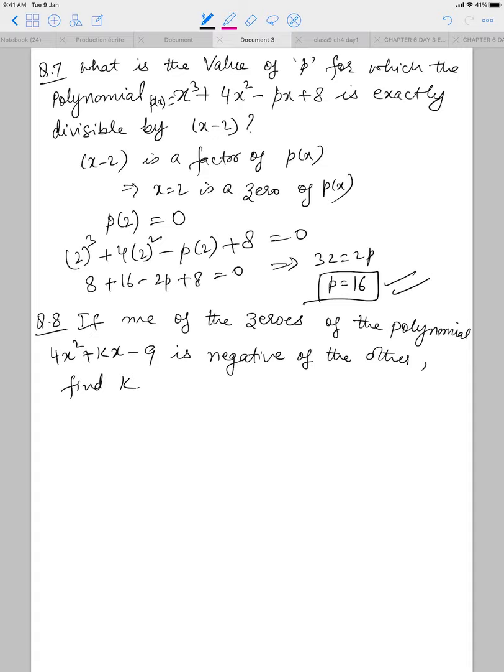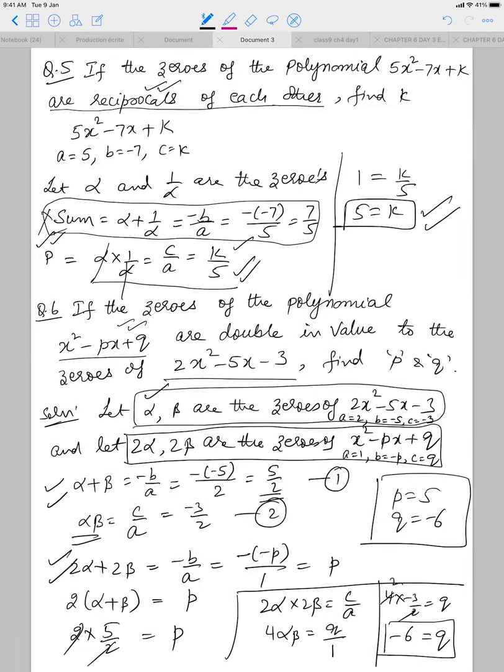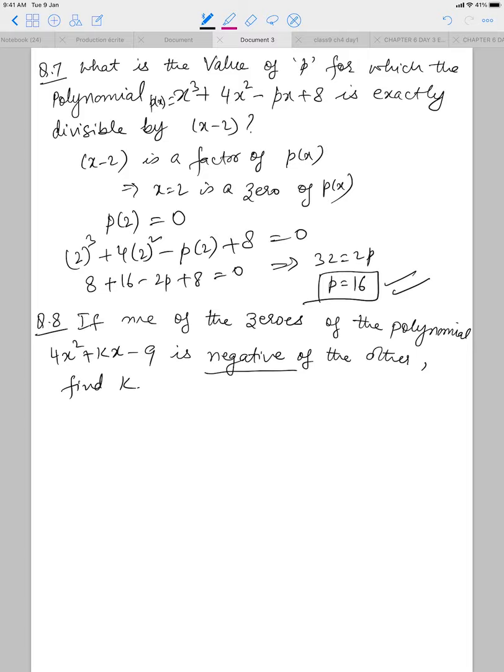Question number 8. If one of the zeros of the polynomial is negative of the other. Now I think in question number 5 we did reciprocal of each other. When the two zeros are reciprocal of each other, then we immediately say that the product of the zeros will be 1. And here when we say the zeros are negative of each other, it means if I have to take the zeros as alpha and minus alpha are the zeros of the given polynomial. So